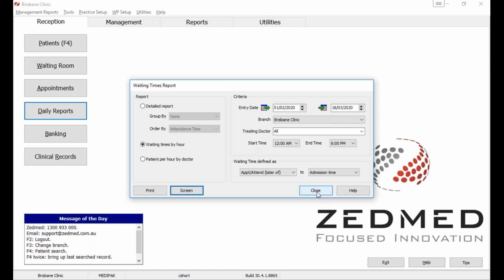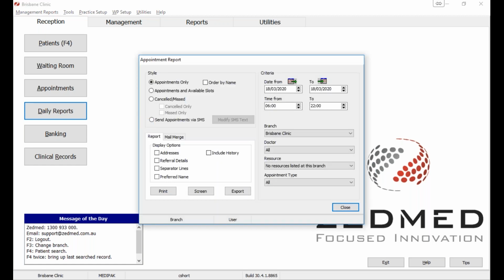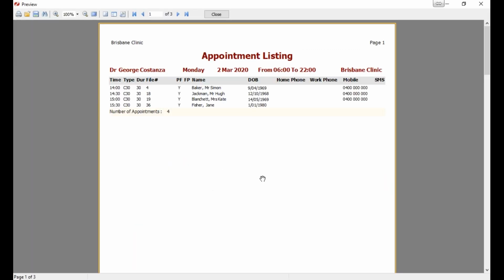If we close out of this one here, another daily report over here, very popular, is the appointments report, which can be used in lots of different ways. So for the appointment report, once again, I'll set this back a little bit, to the start of the month. As you can see, the basic thing we can do is say for this particular branch, and often you would just do it for a specific day there,